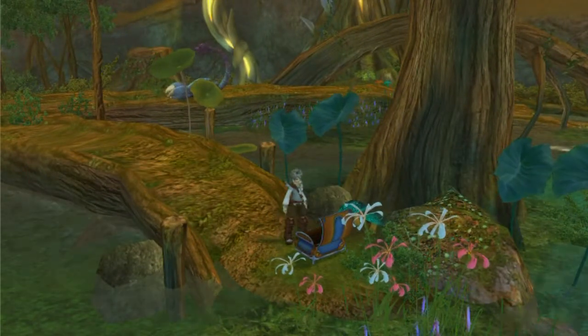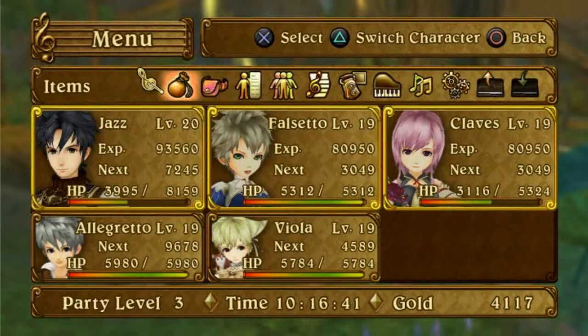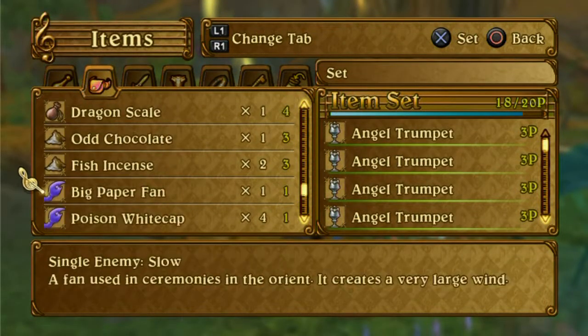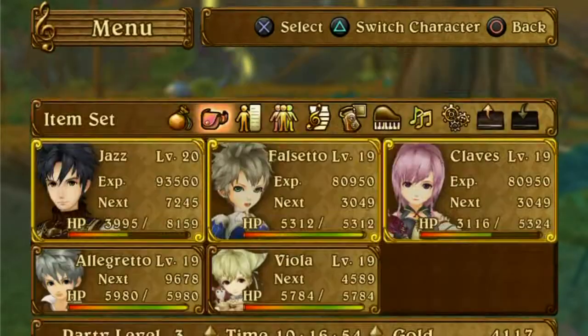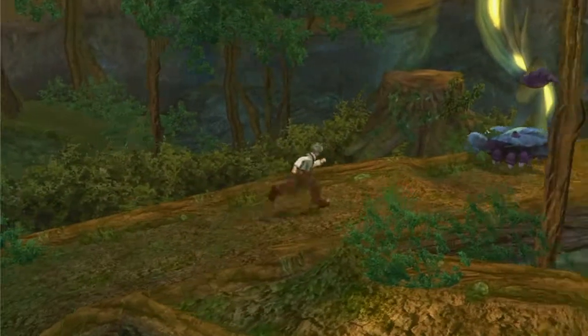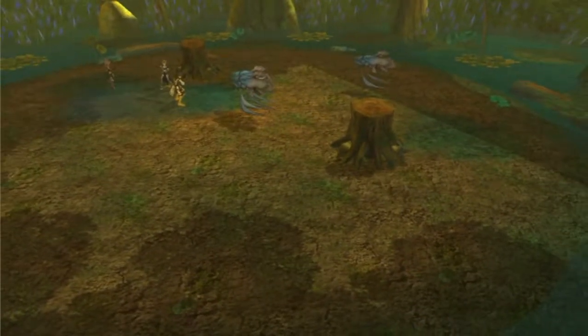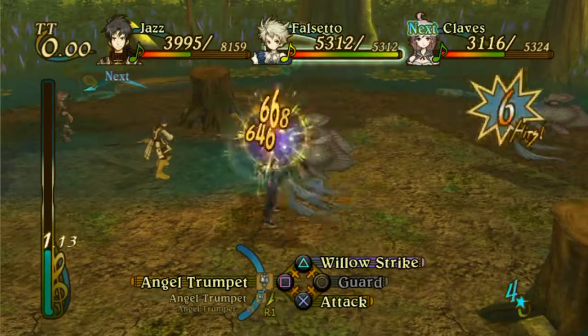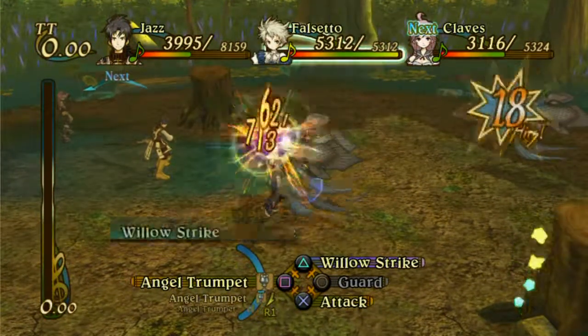There's a big paper fan. I think that inflicts slow, of all things. I don't know why it inflicts slow. Am I correct? I never use it. Yeah, it inflicts slow. I don't know why I would inflict slow instead of just inflicting poison, but, you know. Maybe in another game. Slow wouldn't really be that useful for you, because once you're up close to the enemy, it's not going to matter. I mean, I guess you could just constantly play Ring Around the Rosie, but...